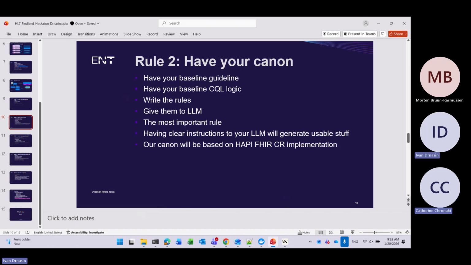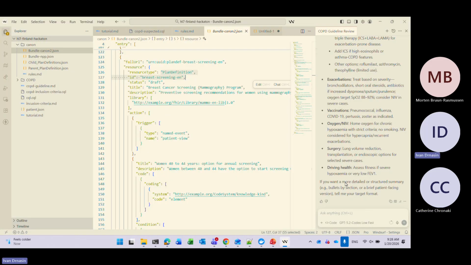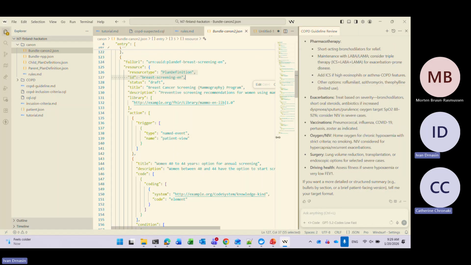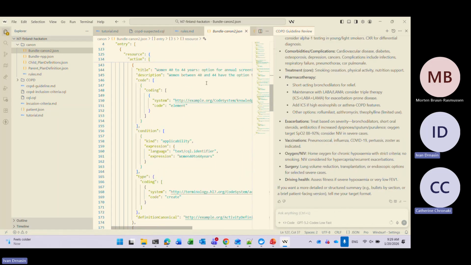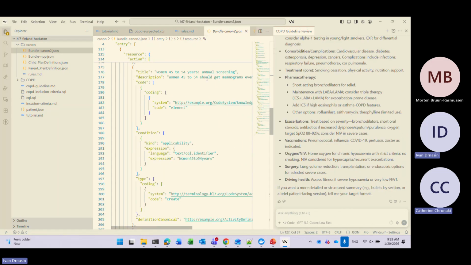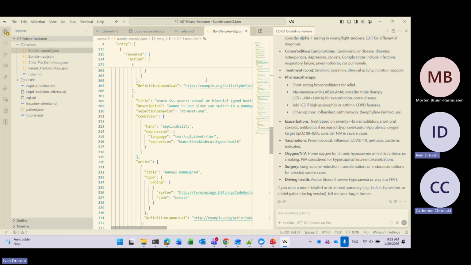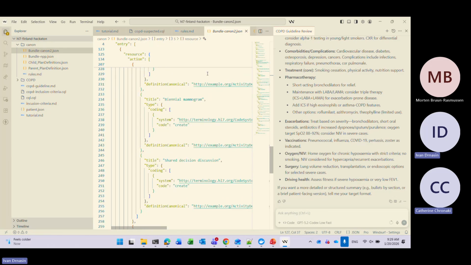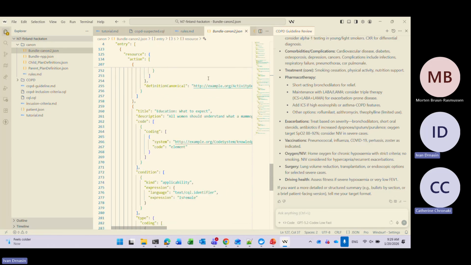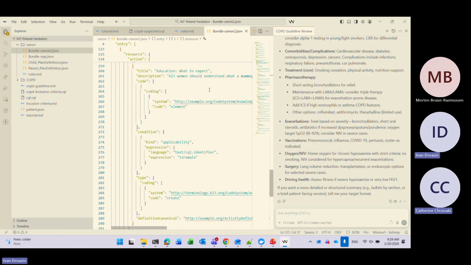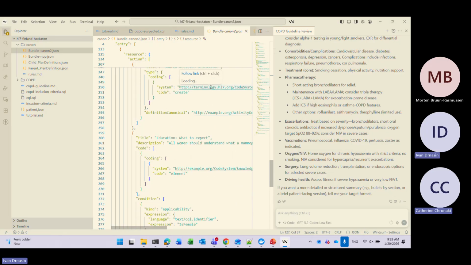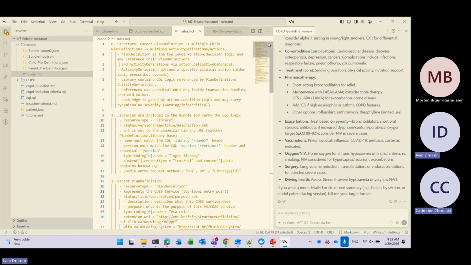Okay, so as I said, you give the rules. Now you have your canon. That is my canon, and then I have translated that to rules. So I want to say, for example, to the AI that it mustn't forget some really important expression or the server won't work with it. So I wrote that as some kind of rules. And I will not read them now.